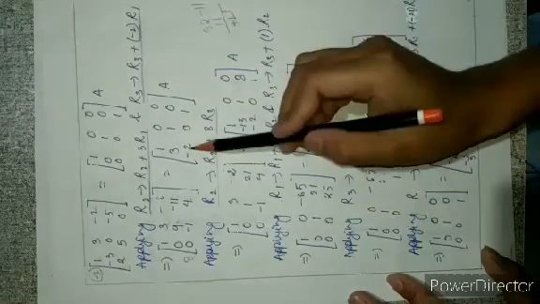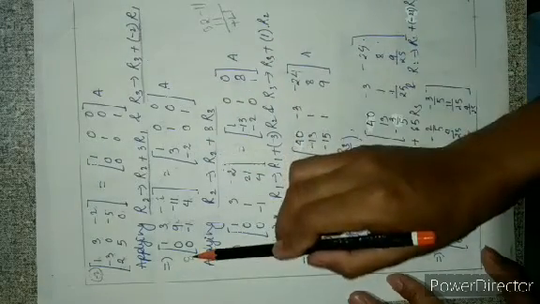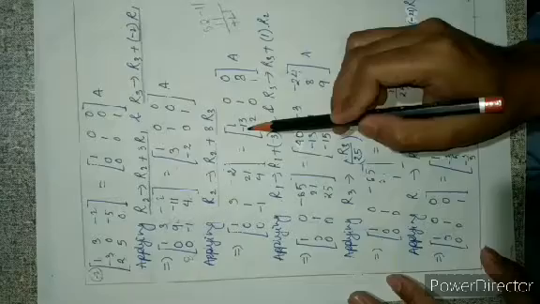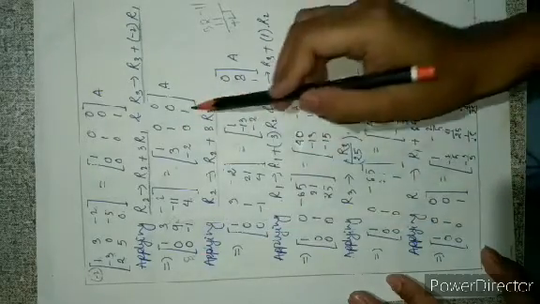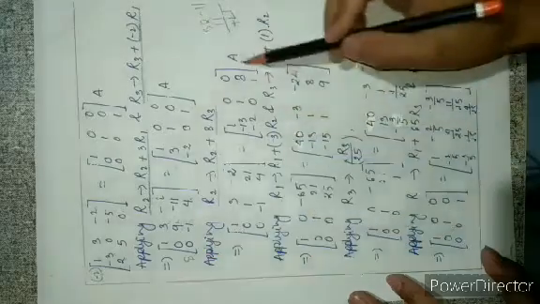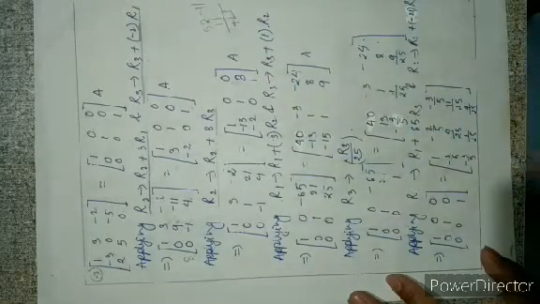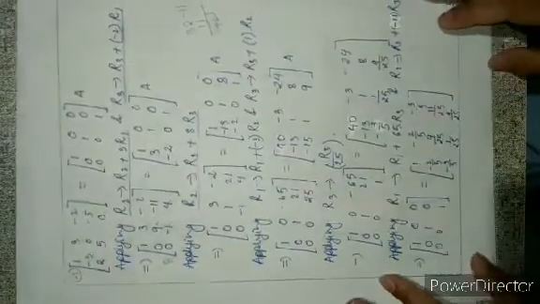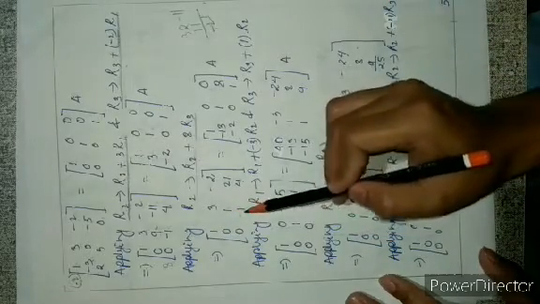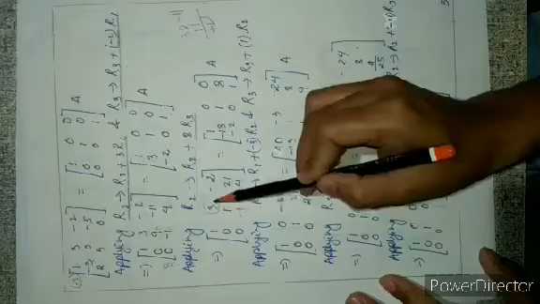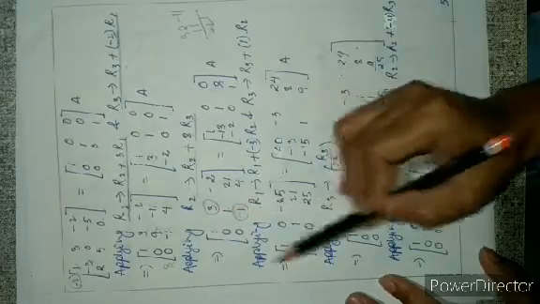So minus 2 into 8 is minus 16 plus 3 which is equal to minus 13. 0 into 8 is 0, 1 into 8 is 8. Write all the elements of that row. Now, using the 1 in the second row, make the corresponding elements 3 and minus 1